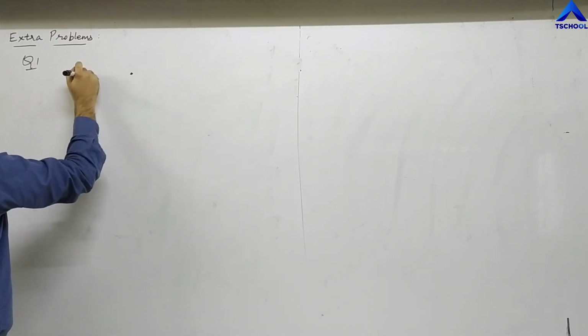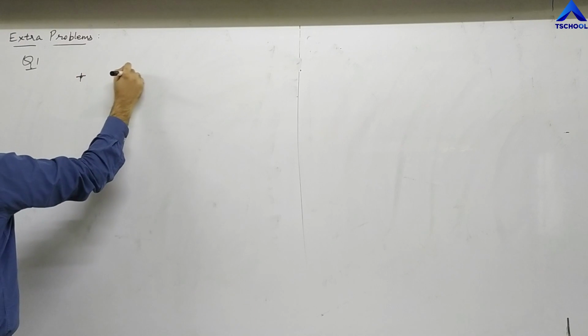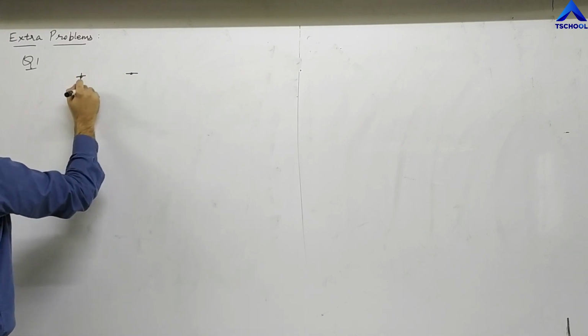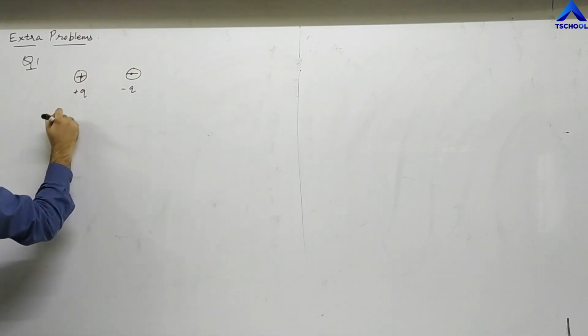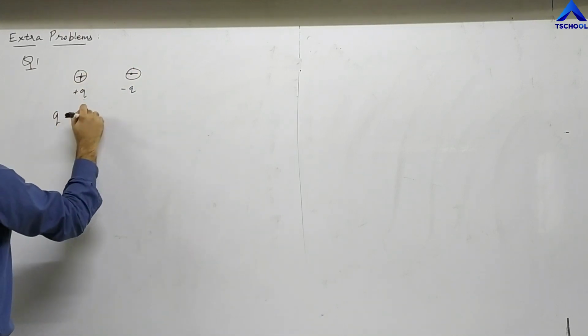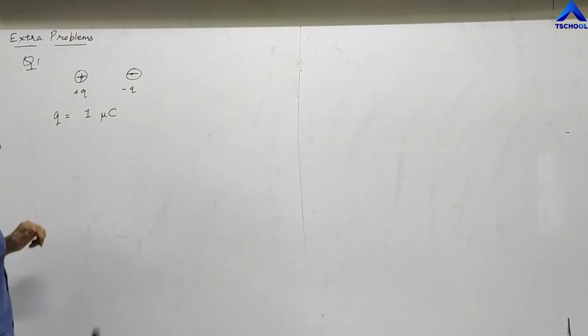Let's say that there are two charges which are making a dipole. Positive charge and negative charge, plus q, minus q. And it's given in the question that the value of q is 1 micro coulomb. Now I want you to find